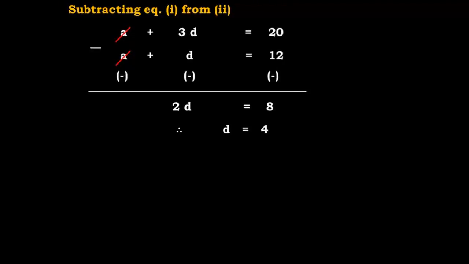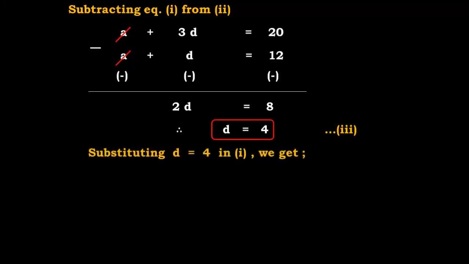So, put the value of D in equation 1. We get A plus 4 is equal to 12. So, A is equal to 12 minus 4, that is equal to 8. Now, see, we have A and D, as well as the first term. So, we can calculate